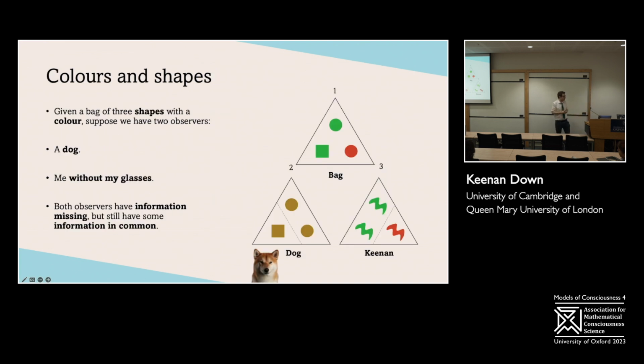So to motivate it a little bit more in the sense of awareness of information, here we have a bag of shapes: a green circle, a green square and a red circle. And we're going to imagine that we have two observers. So we have myself and a dog, or anyone in the audience who might be red-green colorblind who can play along. The point is that if I take off my glasses, I lose all of the information about the shape, right? But I still have access to the color. These are all just blobs now. This dog has something else. The dog can now see the shape, but he can't make out the difference of the colors, or she.